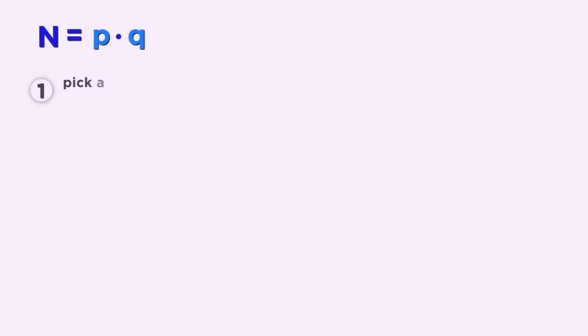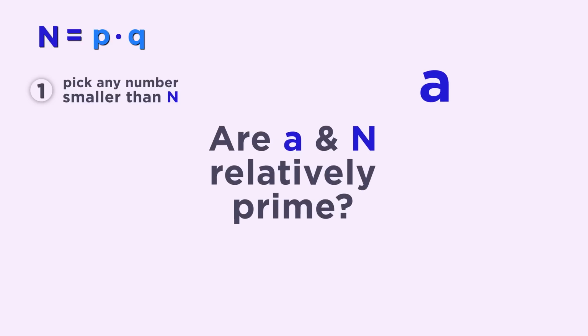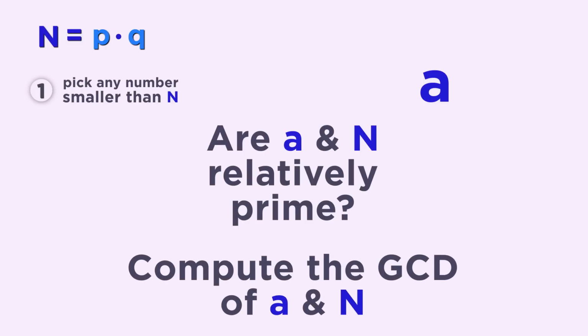Your job is to find them. Here's how you'll do it. Step 1. Pick any number smaller than n. Let's call the number you selected a. Check to make sure that a and n are relatively prime by computing the greatest common divisor of a and